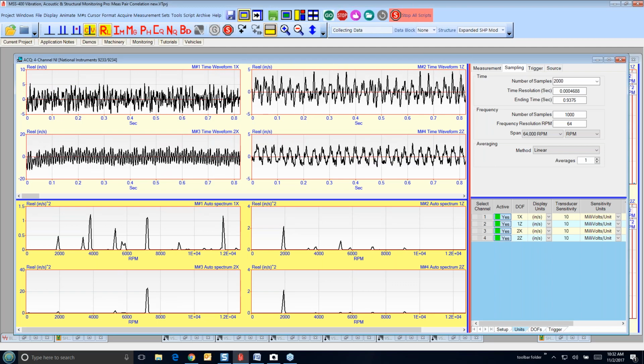Well, here I'm going to stop and start over. You see I have these hotkeys. I have a start key, a stop key. This one is for updating the baseline data, in this case auto spectrum data. And this one here is for archiving the data into an archival database.